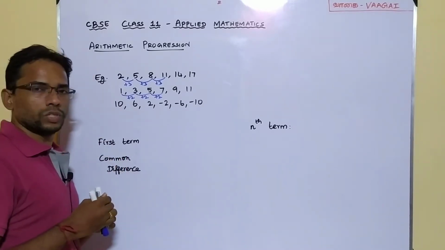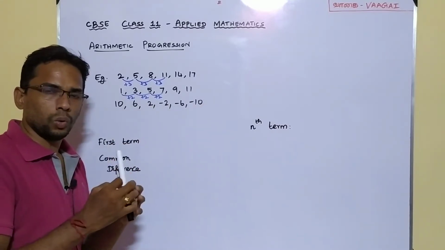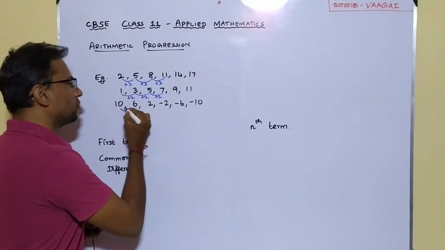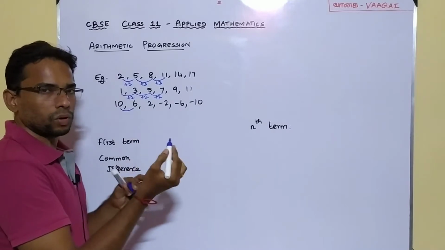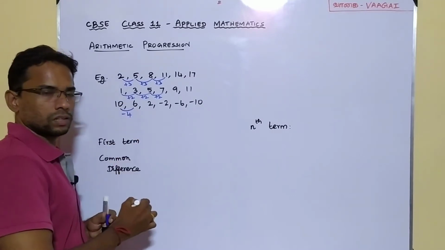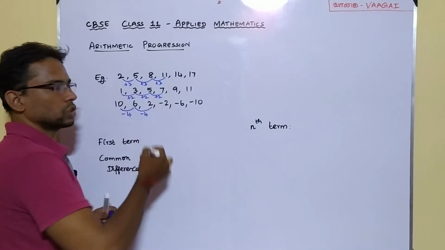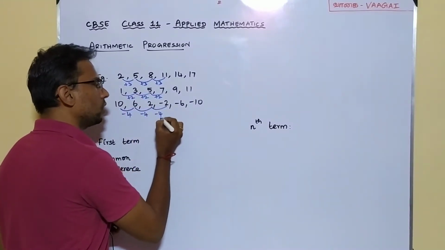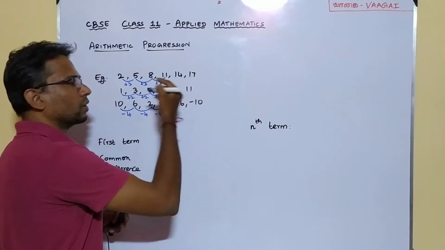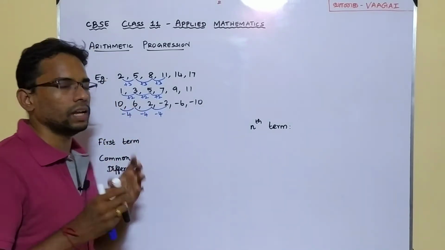And the last one, here we have the numbers 10, 6, 2, minus 2 and so on. Here also the same nature exists. Let's see how it works. I've got 10 here. From this 10, if you subtract 4, or in other words, if you add minus 4, you will get this 6. Next, from 6 to this 2, again minus 4. 6 minus 4, you will get this 2. And again 2 minus 4, you get this minus 2. Minus 2 minus 4, you would get this minus 6. Minus 6 minus 4, you would get this minus 10. This way you have the numbers, and this is what we call an arithmetic progression.